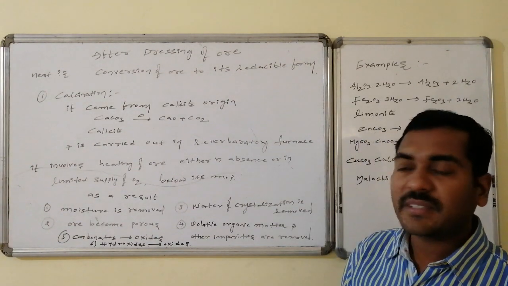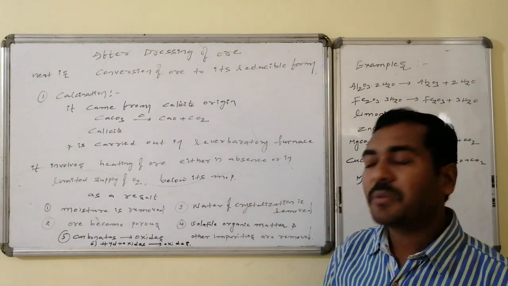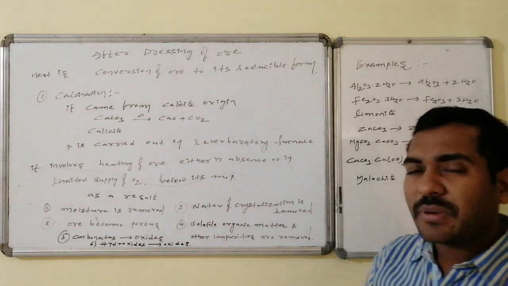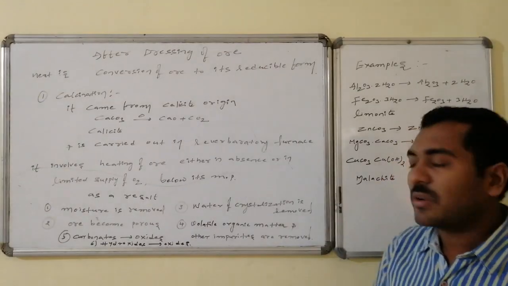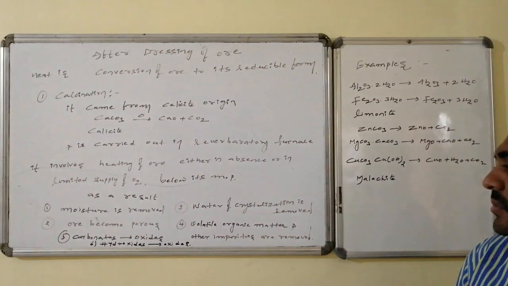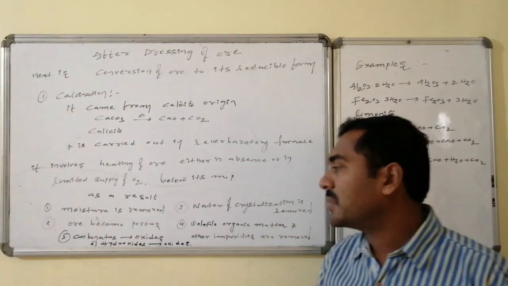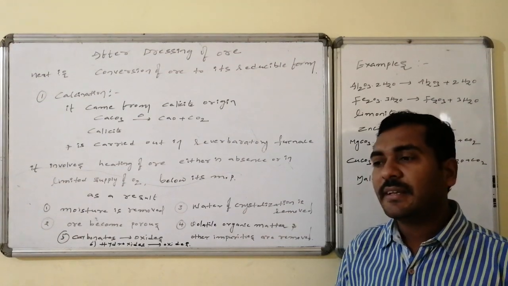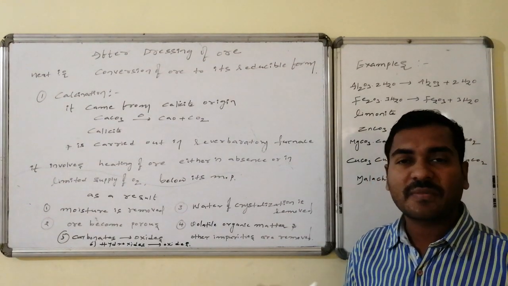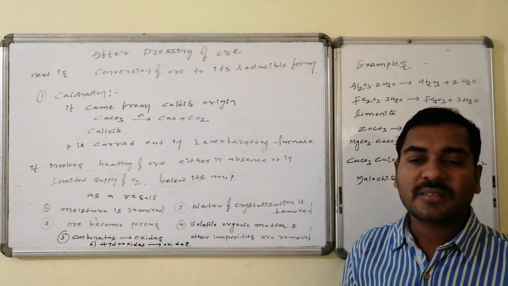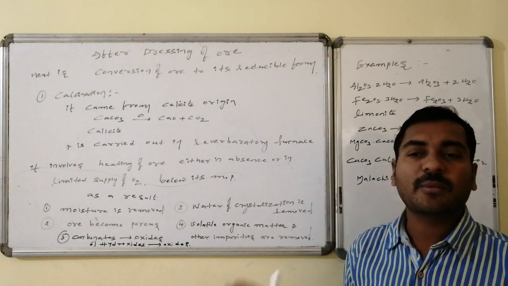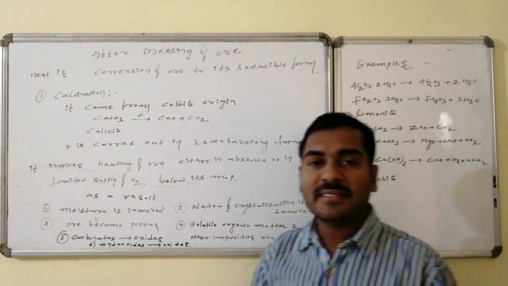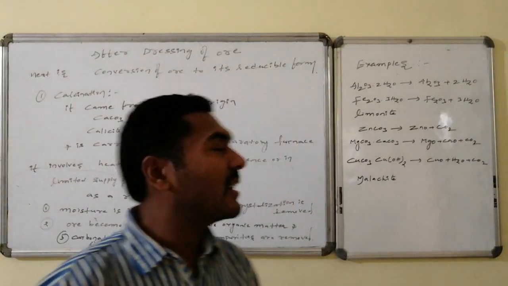As a result, whatever moisture is present in the ore can be removed, the water of crystallization is removed, and the ore becomes very porous in nature, and volatile organic materials are removed, and other impurities are also removed. Carbonate sources are converted to oxides followed by carbon dioxide. Even hydroxides are converted to oxides followed by water. Any combination of carbonates and hydroxides can be converted to oxide followed by water vapors and carbon dioxide. These things generally occur under the calcination process.